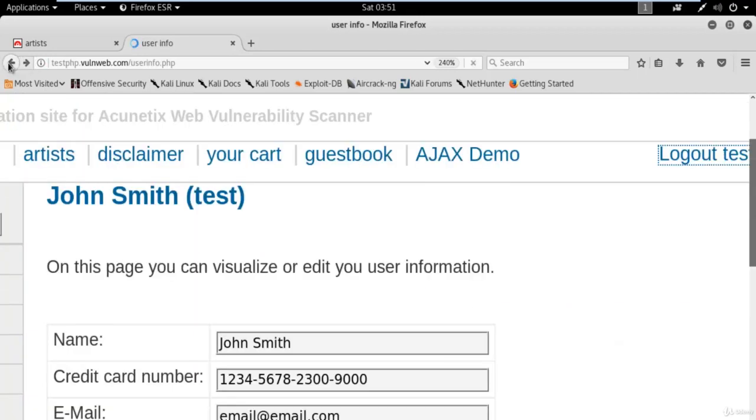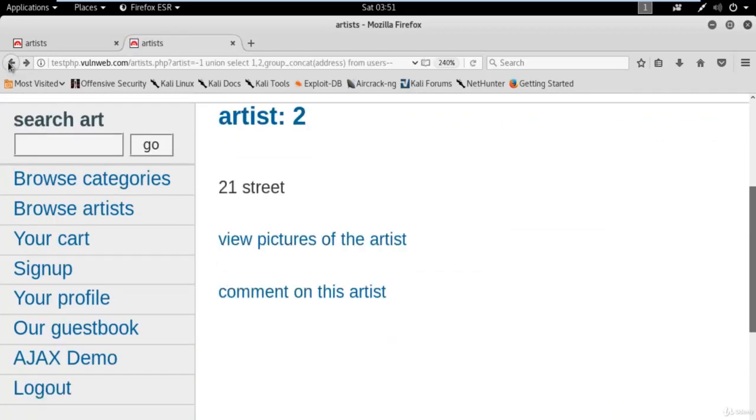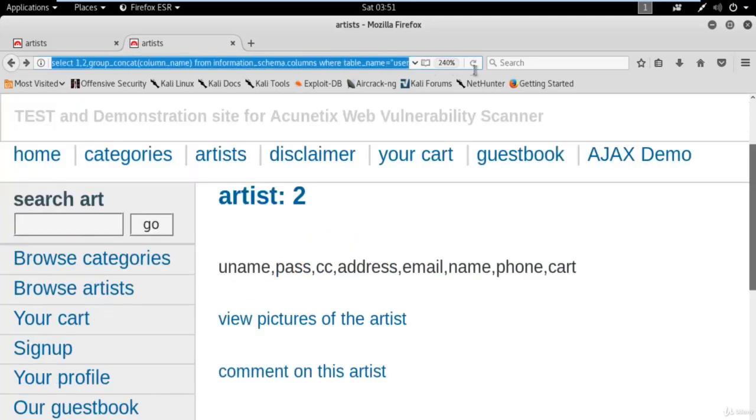We have used simple commands here, right? And we got the information. So these are called SQL injection commands. We know how you can use a tool to attack a website using SQL injection. We also know how you can use a manual technique, without using any tool, to gather information about the website, right?